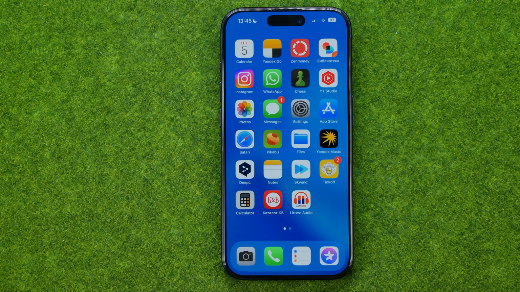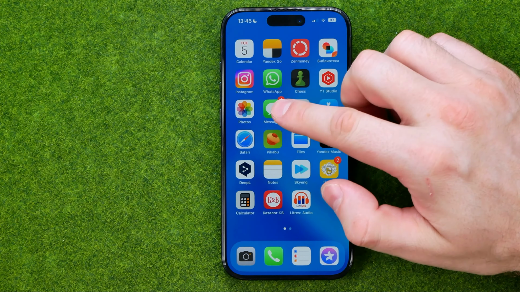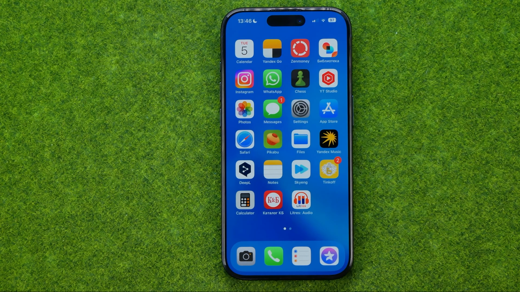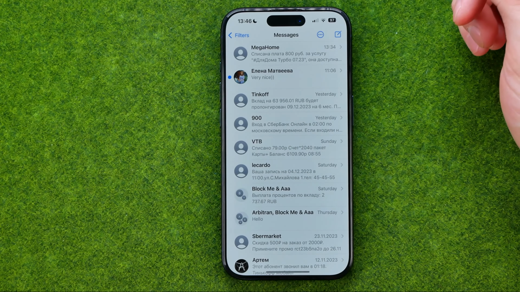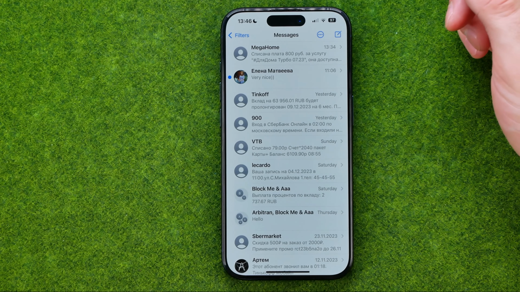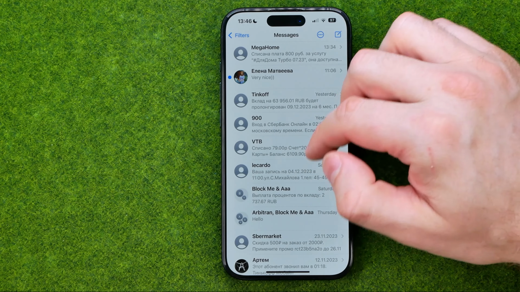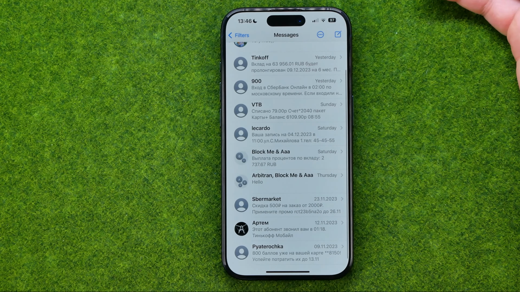In this video, I'm going to show you how you can easily block text messages from someone on a Messages application on an iPhone. Be sure to watch the video to the very end so you don't make any mistakes. Let's get started, and first off, open up the Messages app and let's say someone is bothering you with their messages and